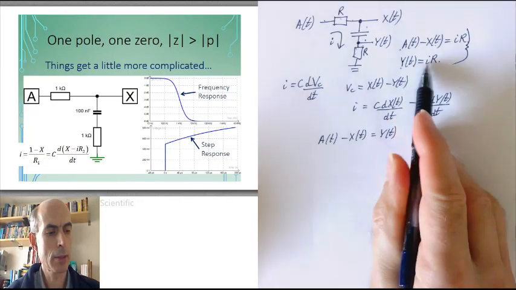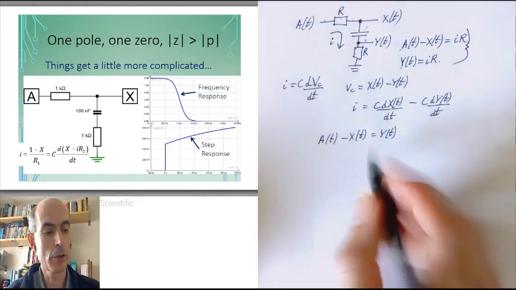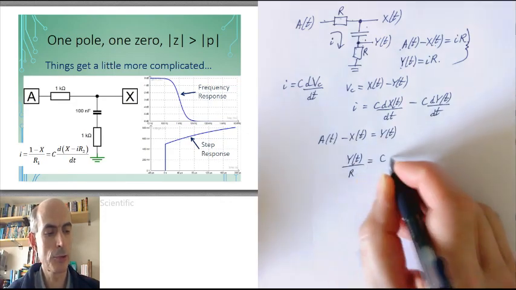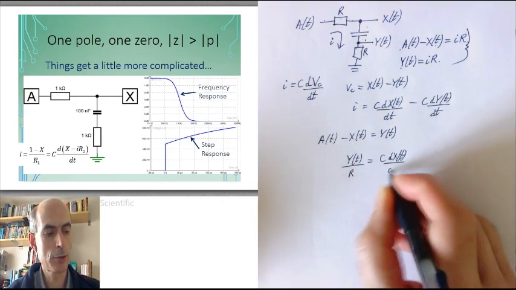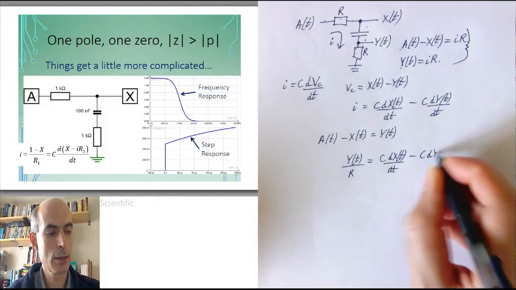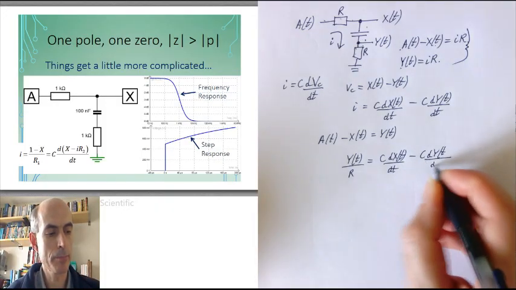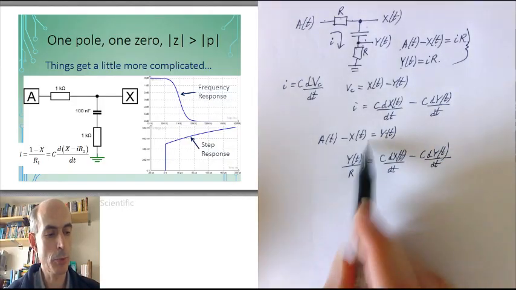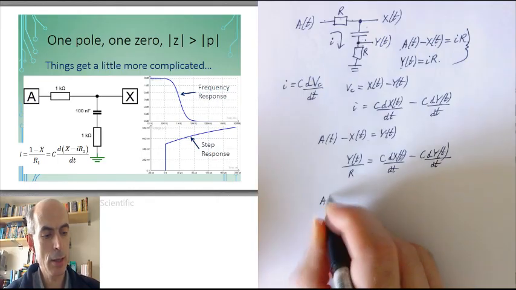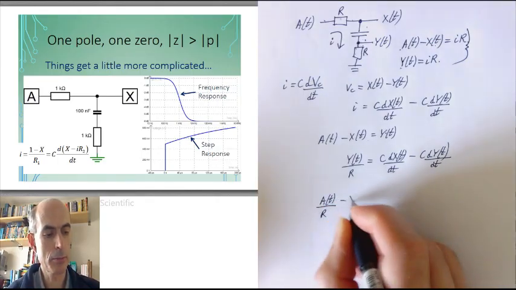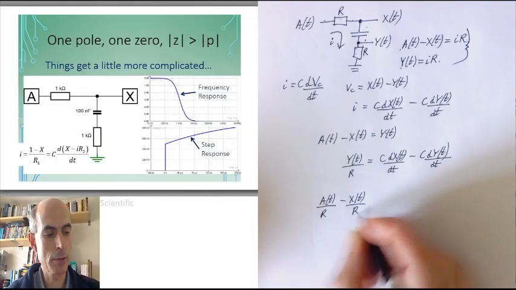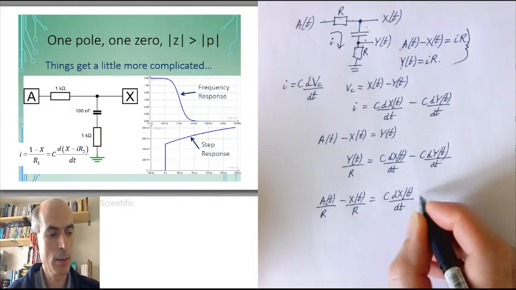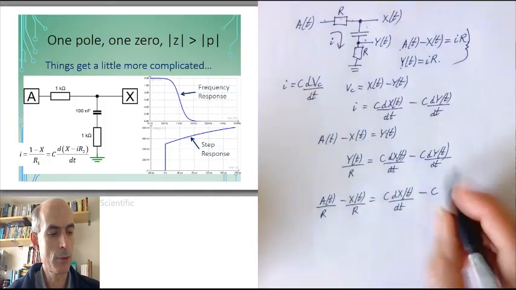And from here I get I equals y of t over R. So y of t over R equals C dx dt minus C dy dt. And I can eliminate y of t between these two expressions and get a of t over R minus x of t over R equals C dx dt minus C dA dt